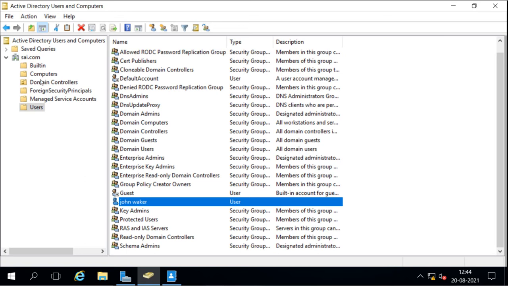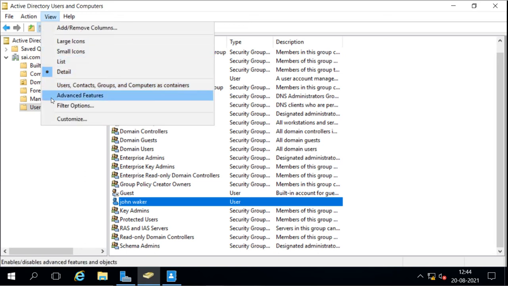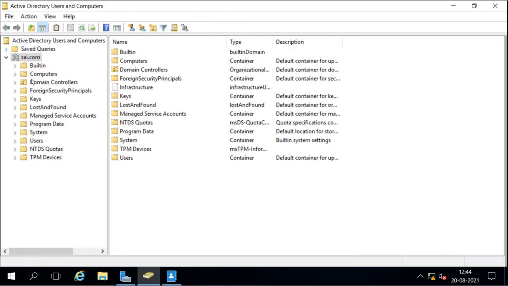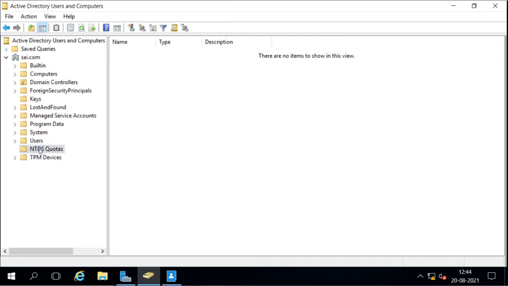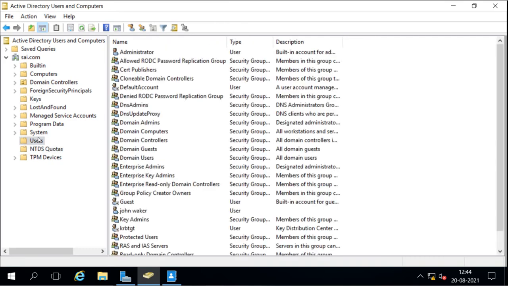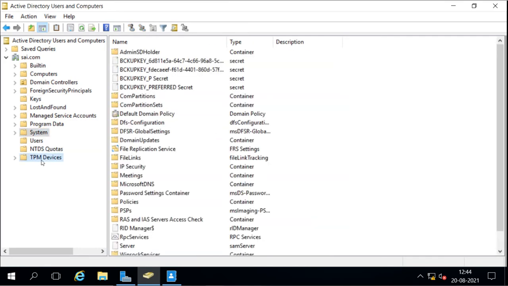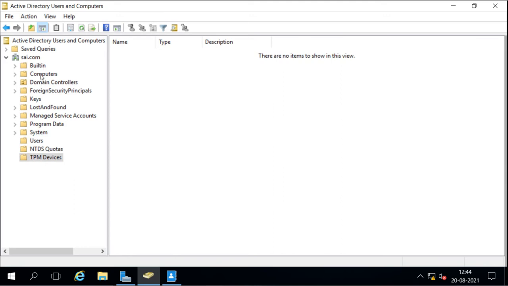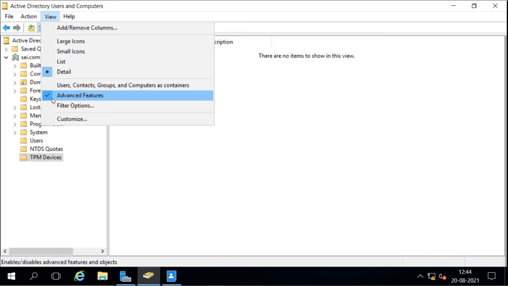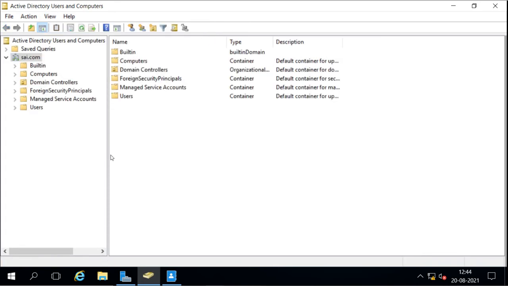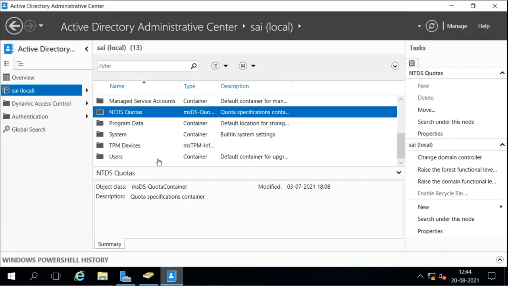Those containers you can't see unless you go to View and select Advanced Features. Now you can see those containers here also: the Keys container, NTDS Quotas container, System container, TPM Devices container. So it shows these containers when we enable these advanced features there. But in the Administrative Center it shows them by default.